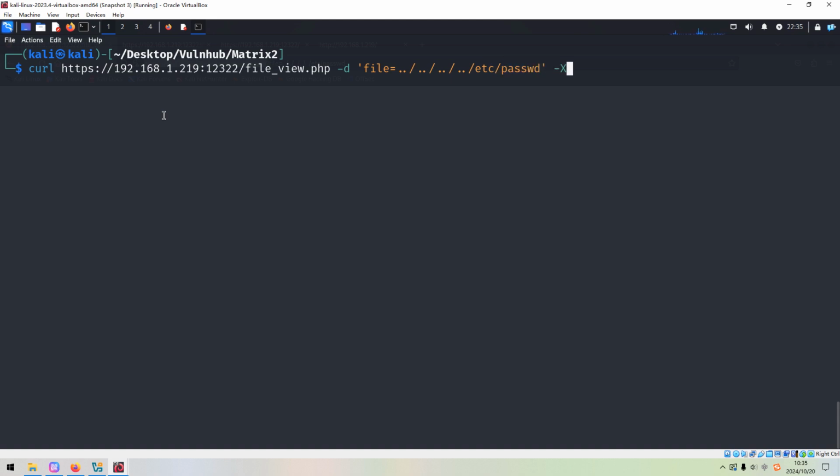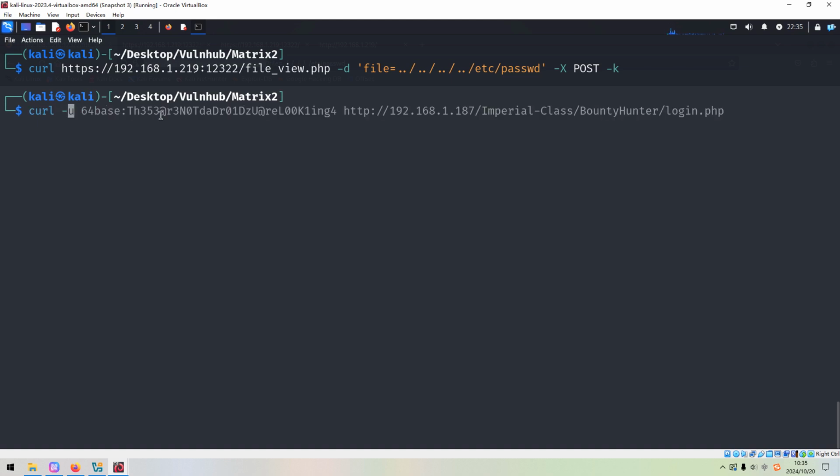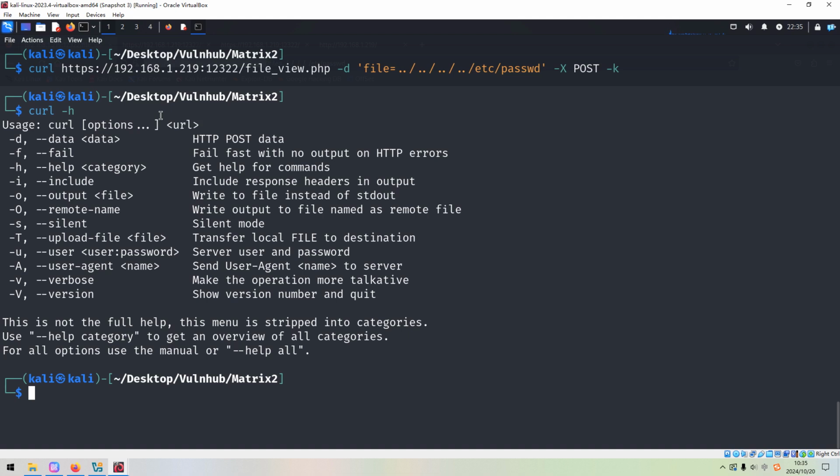And also we need to specify the method and the -k, but nothing returned. Let's check curl help.